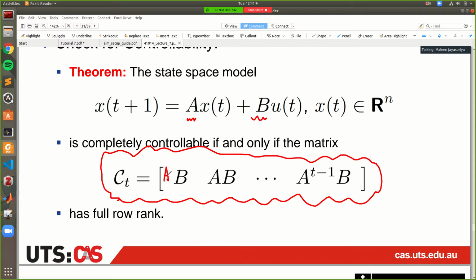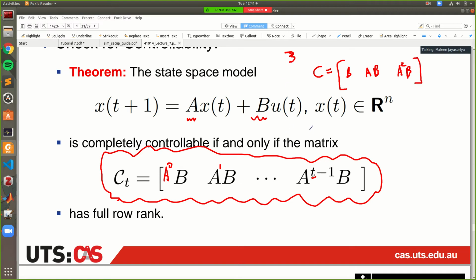So this was when A equals 0, this is A equals 1, and all the way to T minus 1, where T is basically the number of states that you have. For example, if you have 3 states, your controllability matrix will look like this. It will have a B, and then AB, and A squared B.